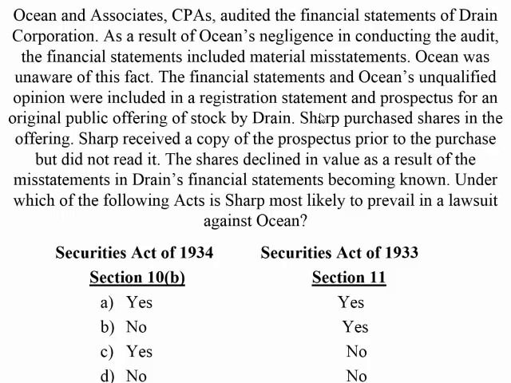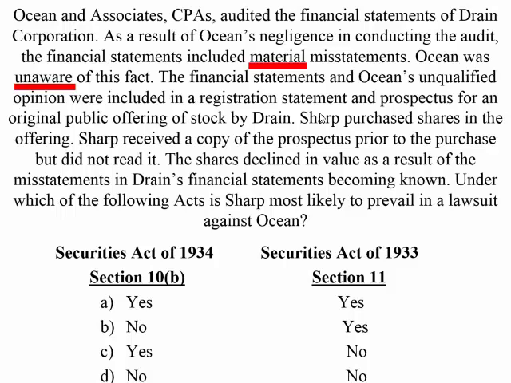And so, for the purposes of this problem, if everything that the plaintiff needs to prove is present, you should choose or select yes as the appropriate answer. So let's go through what we know about the specific situation and then look at the Securities Act of 1933 and 34. So first, we know from the buildup that they were material misstatements. So that first part, material misstatement or omission, is present.